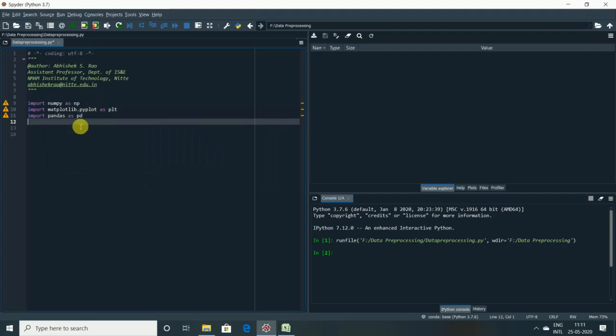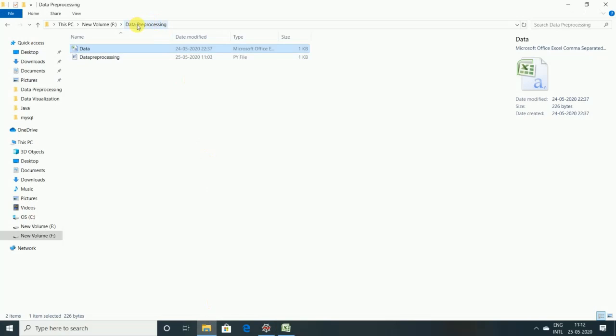So as you can see, we have imported all the three libraries, and before you proceed further, ensure that the working directory is where you have your data set. As you can see, I have a working directory called data pre-processing, and I have my data set as a data.csv file. I'm also saving my program in the same directory, right?